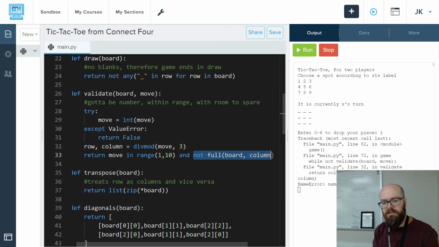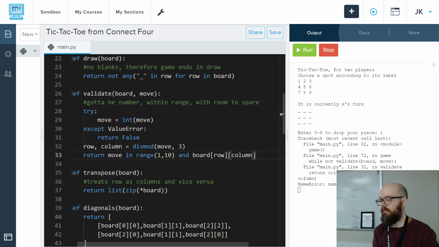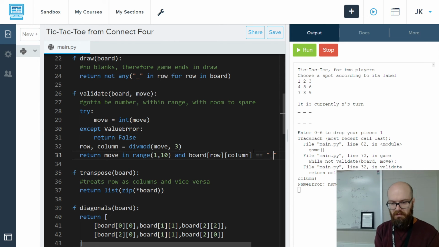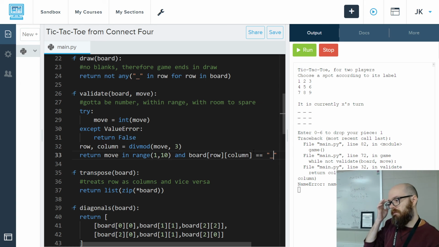And then we need to check is the board at that location a blank? Because if it's a blank, that's good, right? That means we can land on that spot. Now when I say blank, I mean an underscore, not a complete nothingness. Okay, so